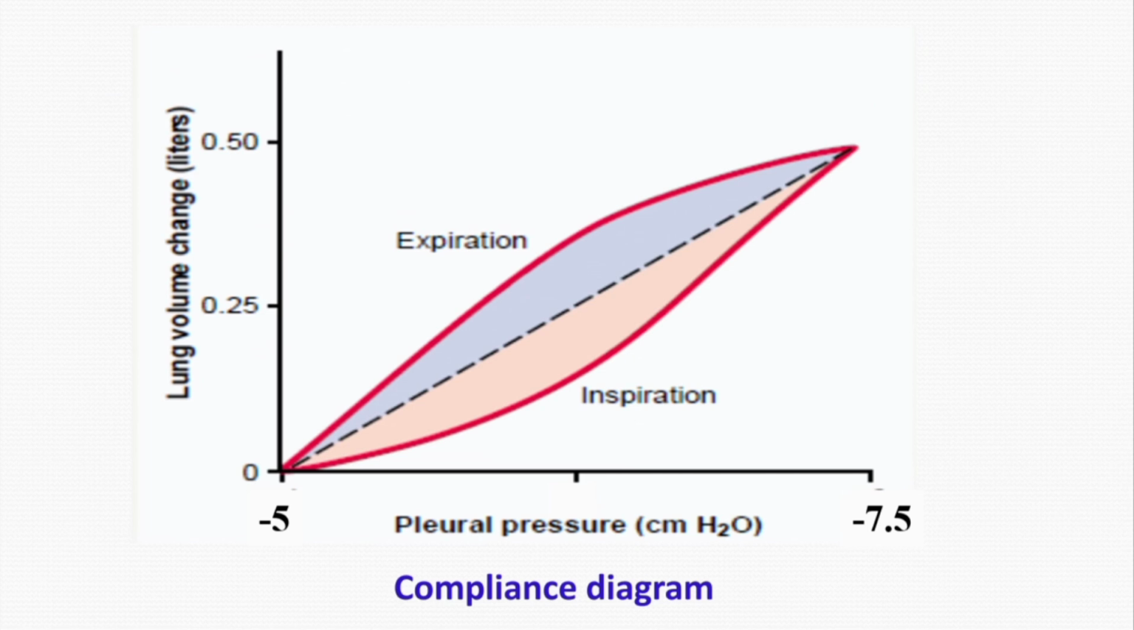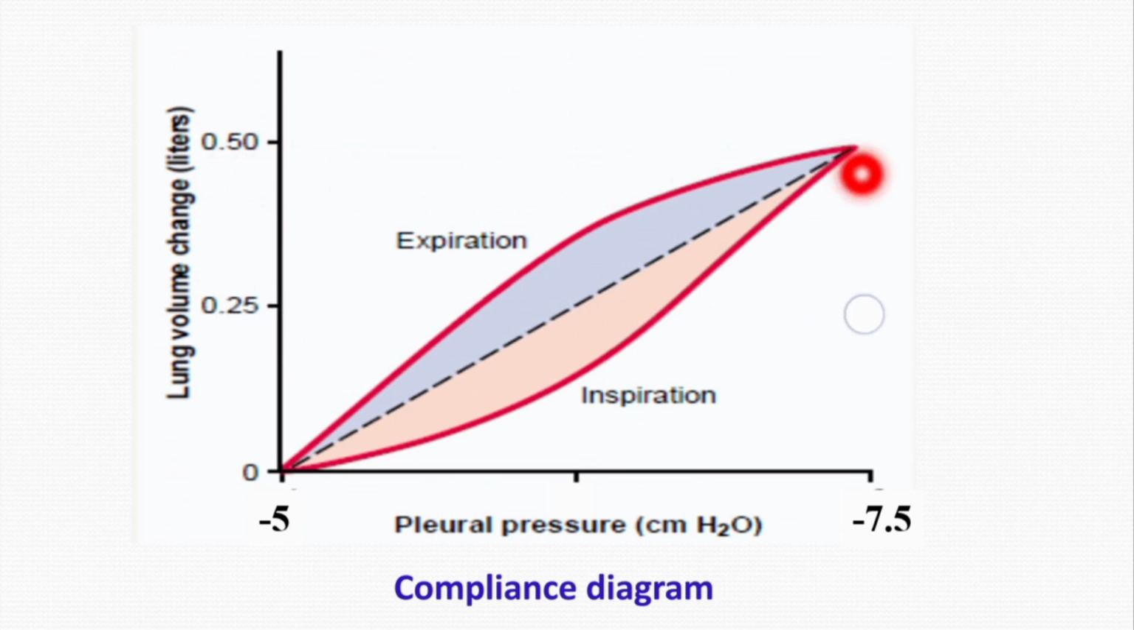So this is the famous compliance diagram. On the x axis we have pressure and on the y axis we have volume. You can see that at the beginning of inspiration the pressure is about -5 centimeter of water, and as the inspiration proceeds the pressure becomes more and more negative. When the pleural pressure becomes more negative, the lung volume increases. So when the pressure becomes -7.5 centimeter, then we have breathed about 500 ml of air or 0.5 liter of